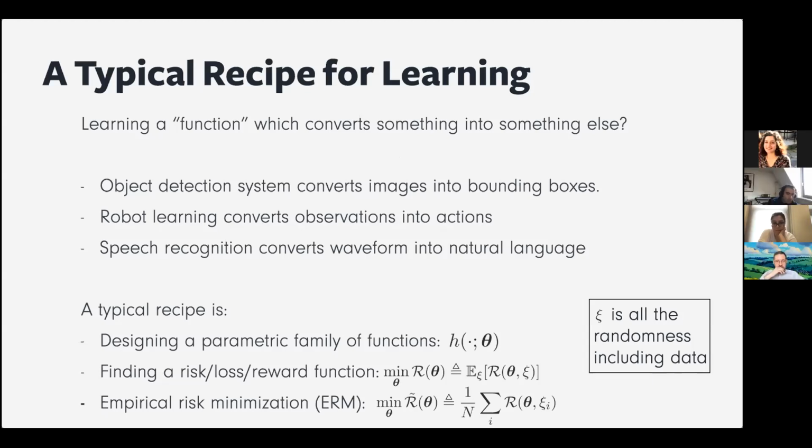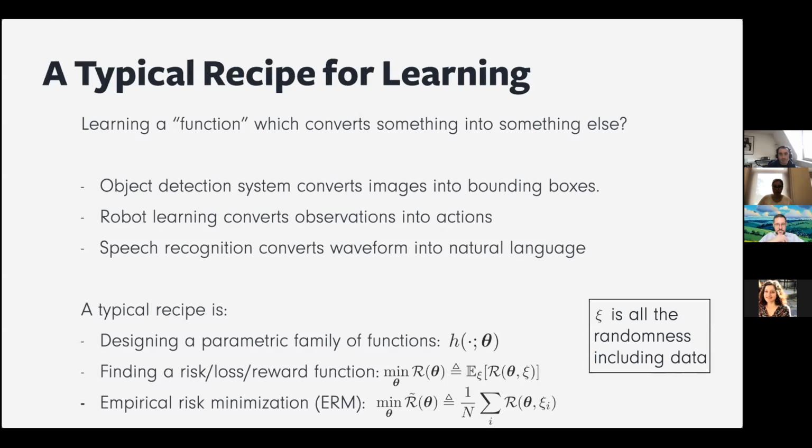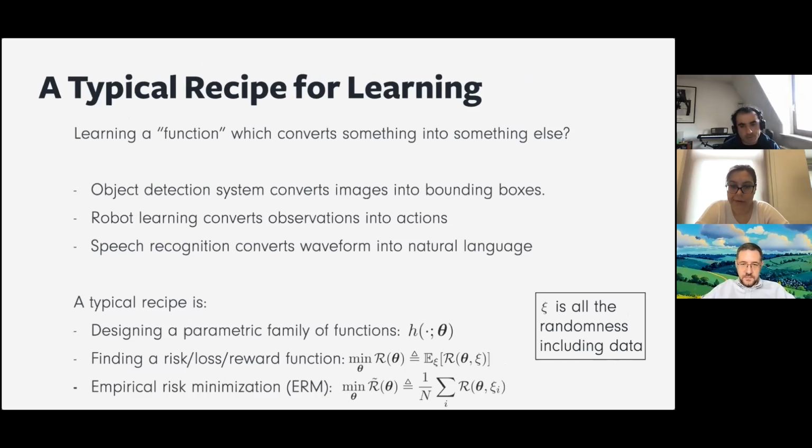The way to search for this function is to start by defining a parametric family, such that our functions are defined within this family in terms of some numerical values. This can be a neural network, for example. Then in order to find this function, we need to define a concept of a risk or loss or reward. What we hope is to find the parameters of the function such that its expected risk or expected loss will be minimum when I apply this function in some unknown environment. Unknown in the sense of a fixed distribution.